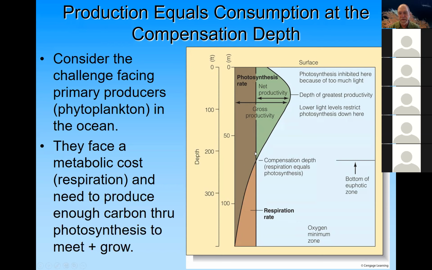And so below the compensation depth, phytoplankton can't survive. And then as you go up in the water column, you see that photosynthesis is inhibited toward the surface because there's too much light. So the depth of the greatest productivity is going to be somewhere in the middle of this range. Growth productivity and net productivity. Net productivity is the productivity in excess of the metabolic requirements